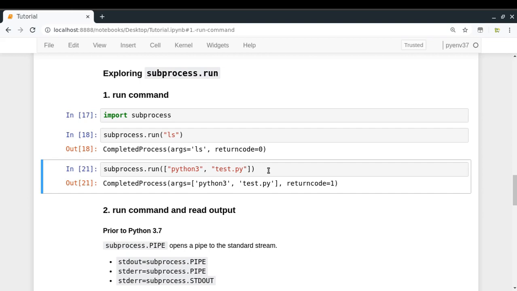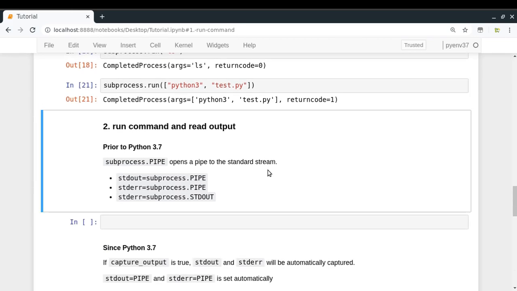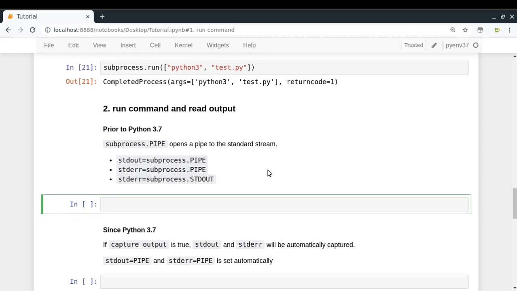And now let us see how we read the output from the execution of our shell command. Before Python 3.7, so let's say you have Python 3.6 or 3.5 or less, what should you do in order to read the output of your shell command? For that you will do subprocess.run. Let's say our command is still ls, and then you have to do stdout. This is the name of a parameter where you have to pass